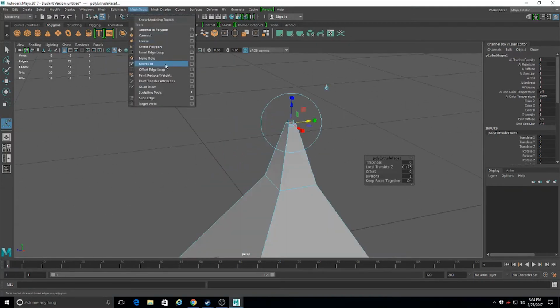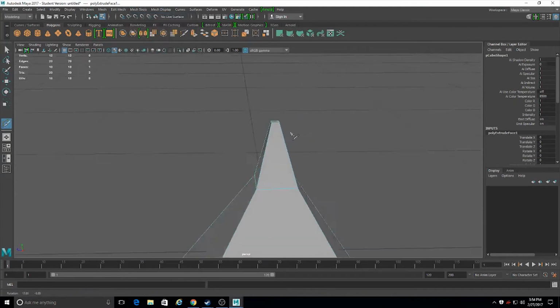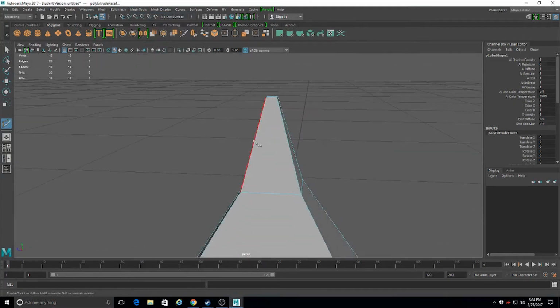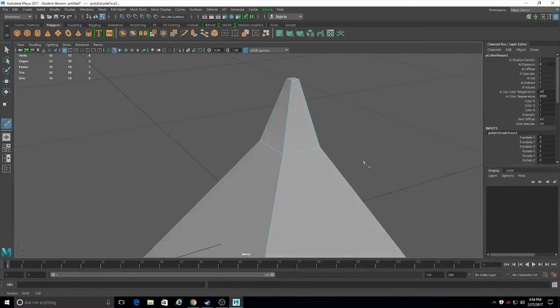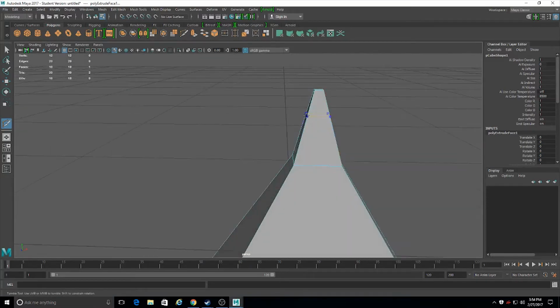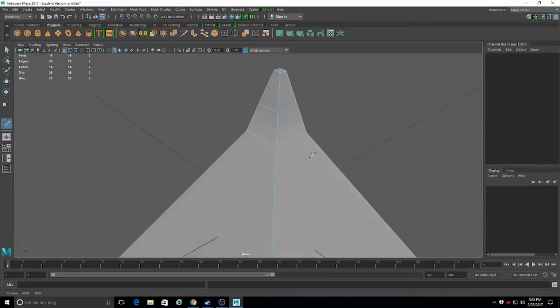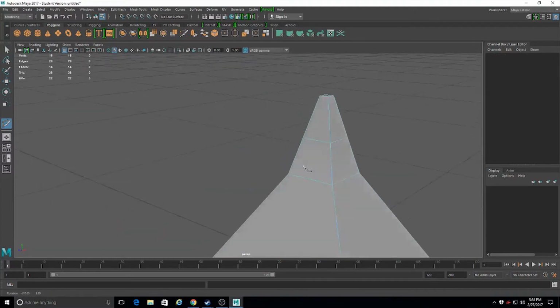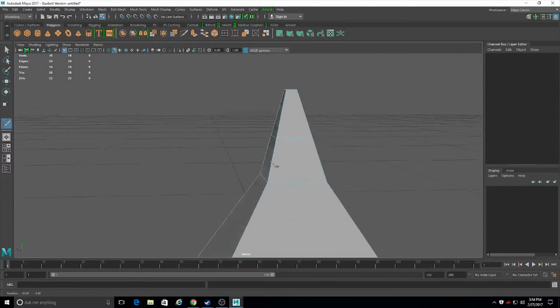So, multicut. With multicut, you basically can go from the center of an edge, or you can hold the Control button, and it's almost like using the edge loop tool, which I'll explain in a little bit. You hold the Control button down, click there. It makes basically a cube, a four-sided